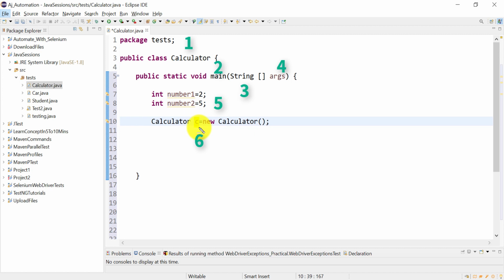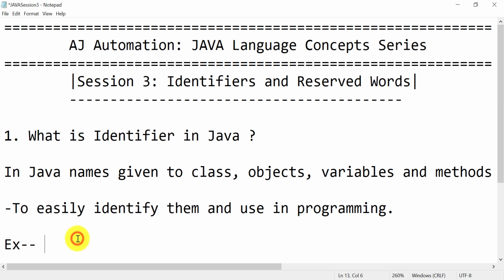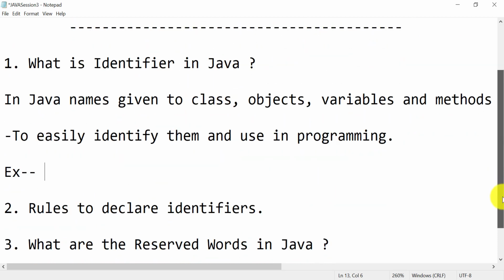The name given to an object is also an identifier. So we have total 1, 2, 3, 4, these are 5, let's say, and this is 6. So 6 identifiers are there in this small program. I hope you understand what is meant by identifier in Java language. We have seen the example also, so let's see the next thing now.